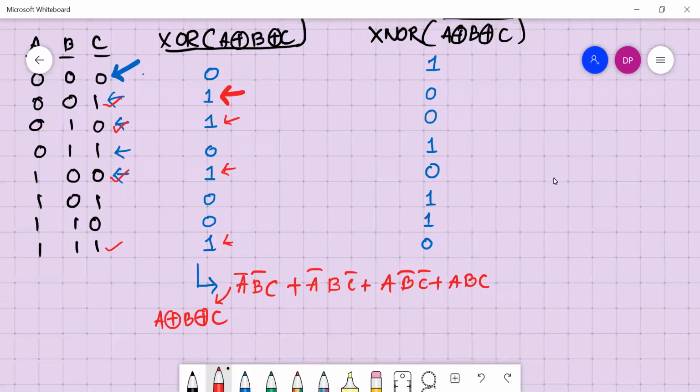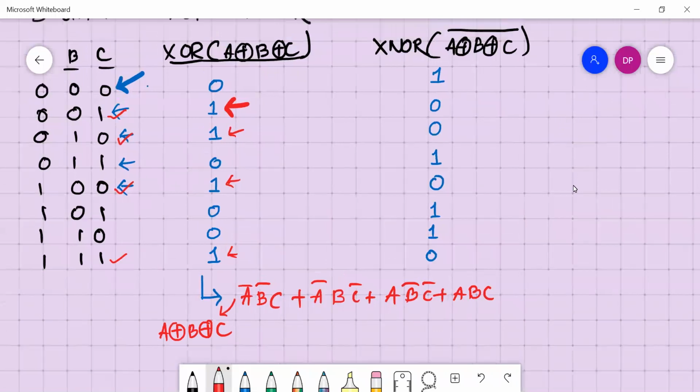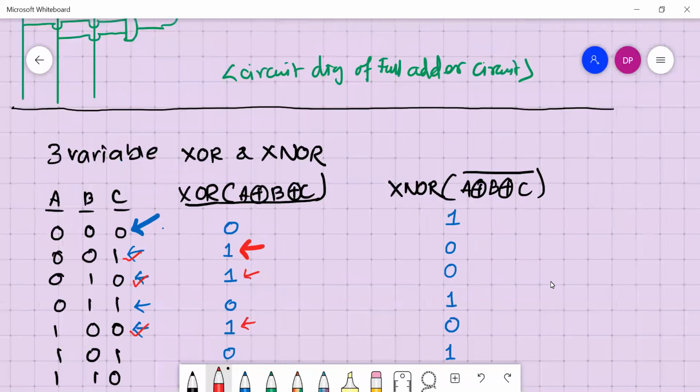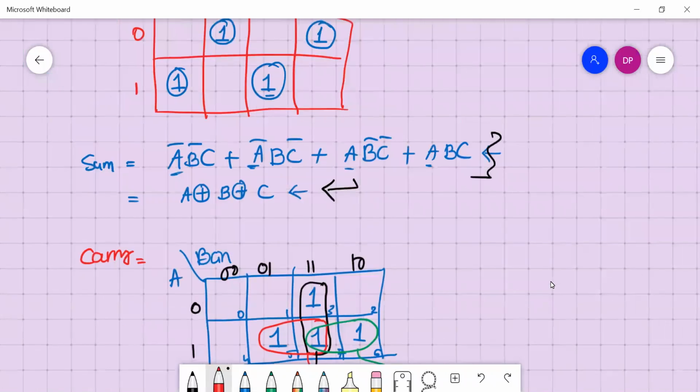You can see four terms we got for full adder. So we have written in short as A XOR B XOR C. Similarly for XNOR also you can get the expression.